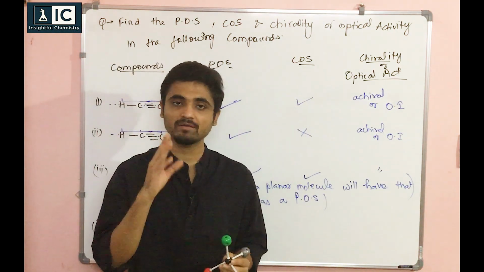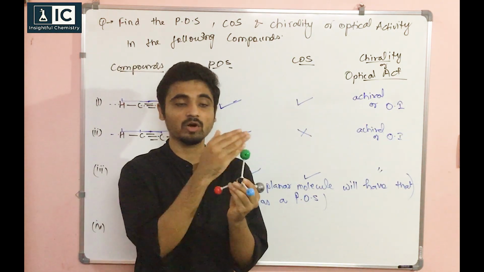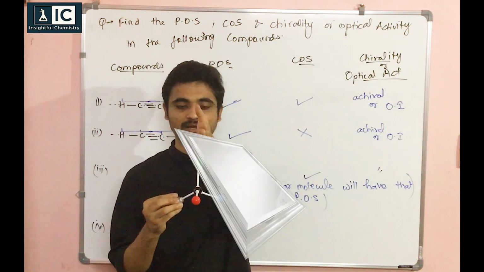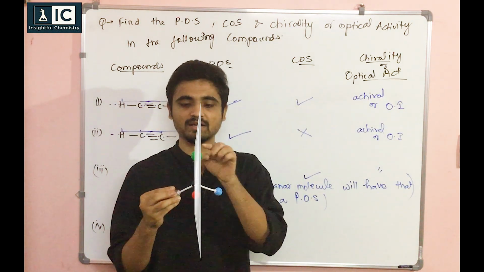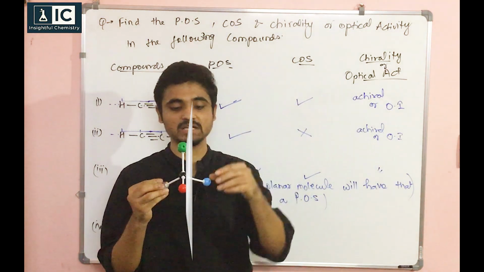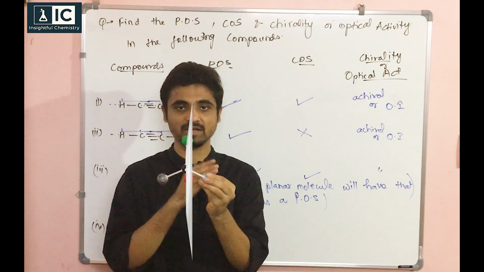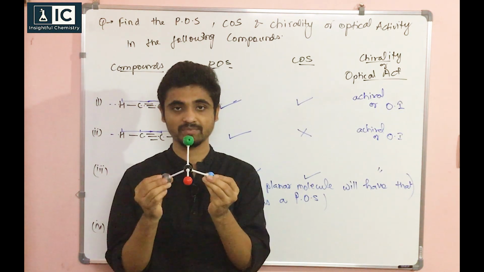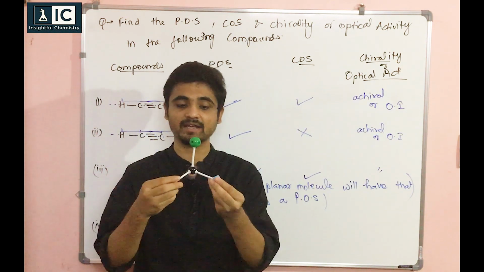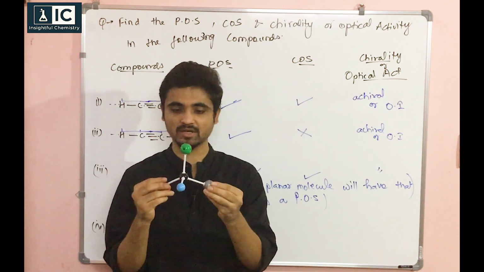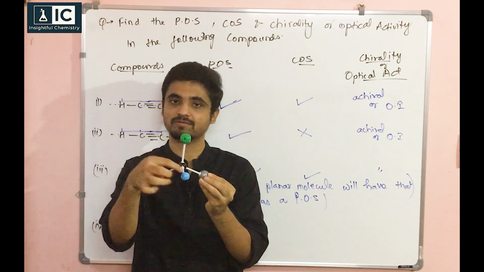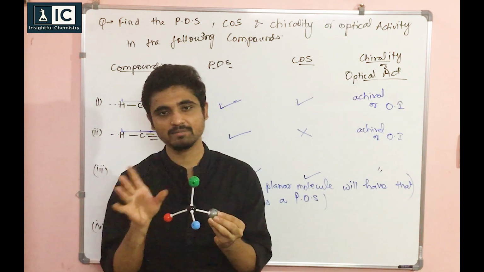So what you have to do is, whatever two atoms you just take in one plane. Suppose all are hydrogens. Now if all are hydrogens and I put a mirror here, what can you see? That green will be half of red, like parent image, mirror image, and this blue will have its mirror image in this gray. Clear? Any two groups you take, this will happen. If I take green and blue, then also I can have a mirror, and red and gray should be mirror images. They will be half of. Imagine always, anytime you get tetrahedral.